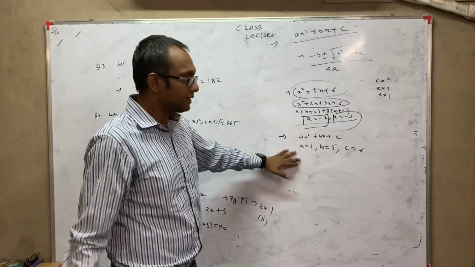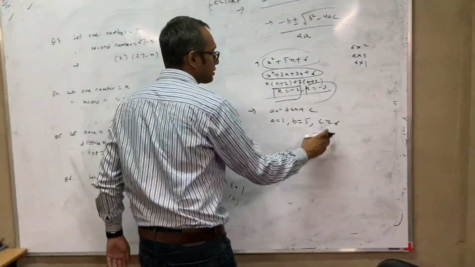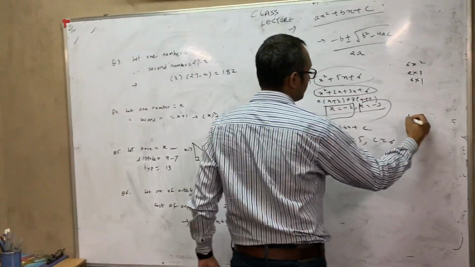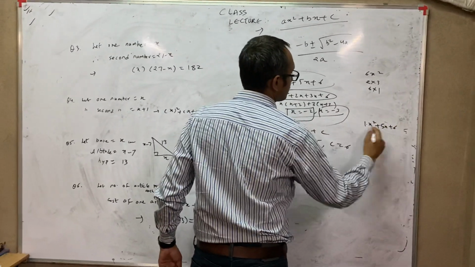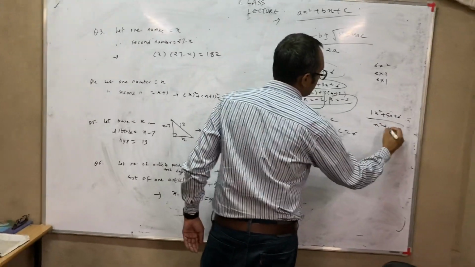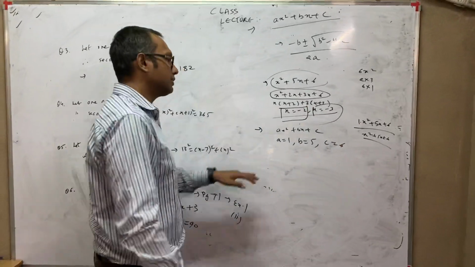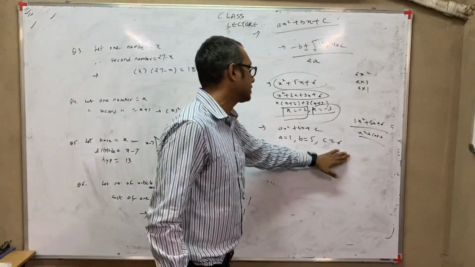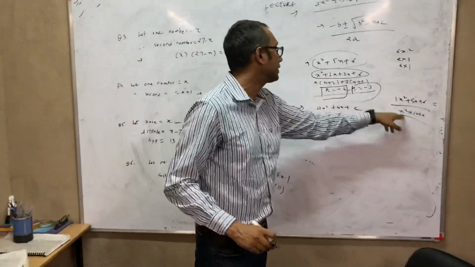Whenever you are confused whether you have chosen the correct values, all you have to do is substitute them back in the rough. Suppose I wrote 1 in place of a, 5x for b and 6 for c. So you will get x square plus 5x plus 6. You should get the same equation. So whenever you have any doubt whether the values chosen are correct, put the values in the standard form in your rough and see if you get the same equation.